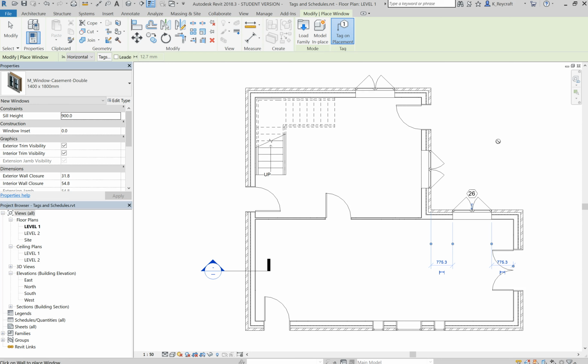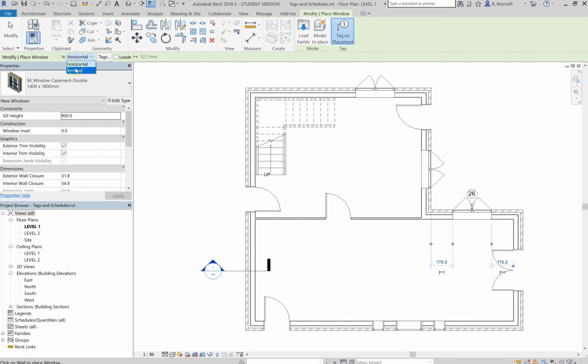Now, the value placed in the tag will probably or very likely be random, but don't worry, you can, after the fact, modify what that value is to fit more into what your plans are for this project. So when you are placing these objects, you'll see that we have a number of options when you have tag on placement, such as